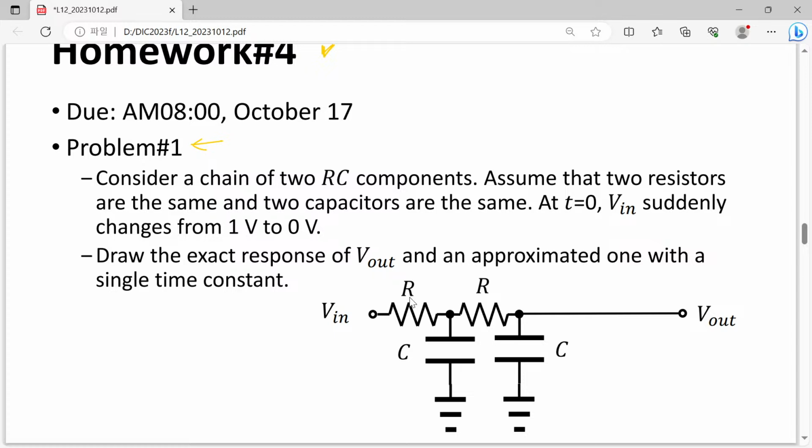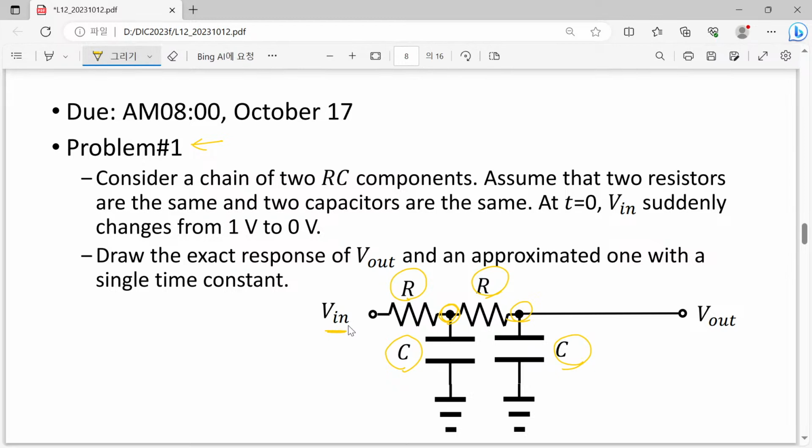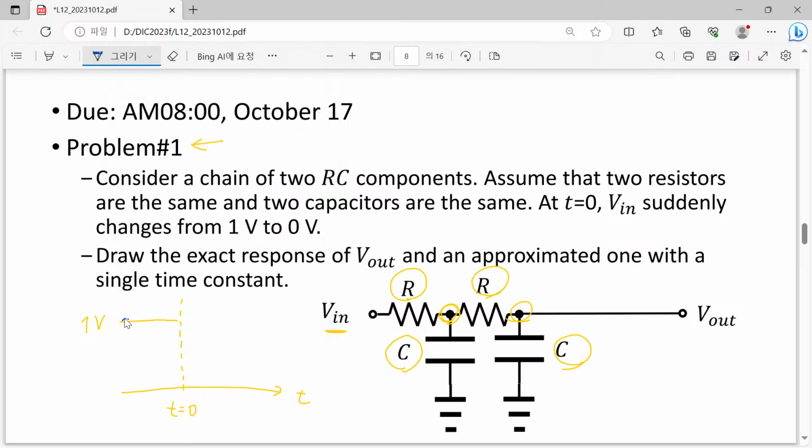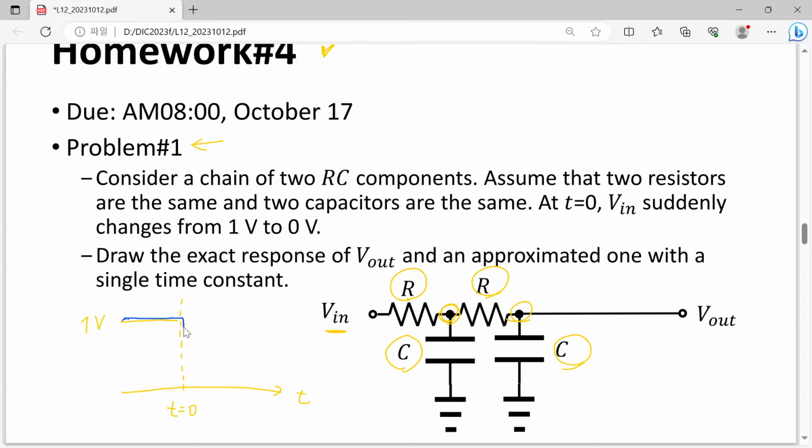Here we have R and R. They are the same, and C and C. Here you have just two nodes, one node and two nodes. Of course, this is the input voltage, and as a function of time, previously it was just 1 volt, and at t equal to 0, we have made a sudden change of our input voltage